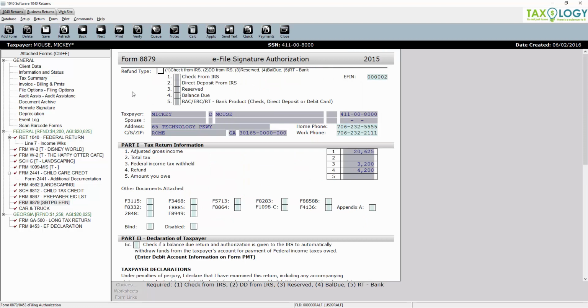On the 8879, the refund type is going to give you the options of how the taxpayer is going to get their money. Is it going to be from a check from the IRS, a direct deposit from the IRS? Do they have a balance due? Or are they going to be doing a bank product? To mark this as a bank product, you're going to select option 5. So from the refund type, you would simply type in a 5, and that is going to prompt it to